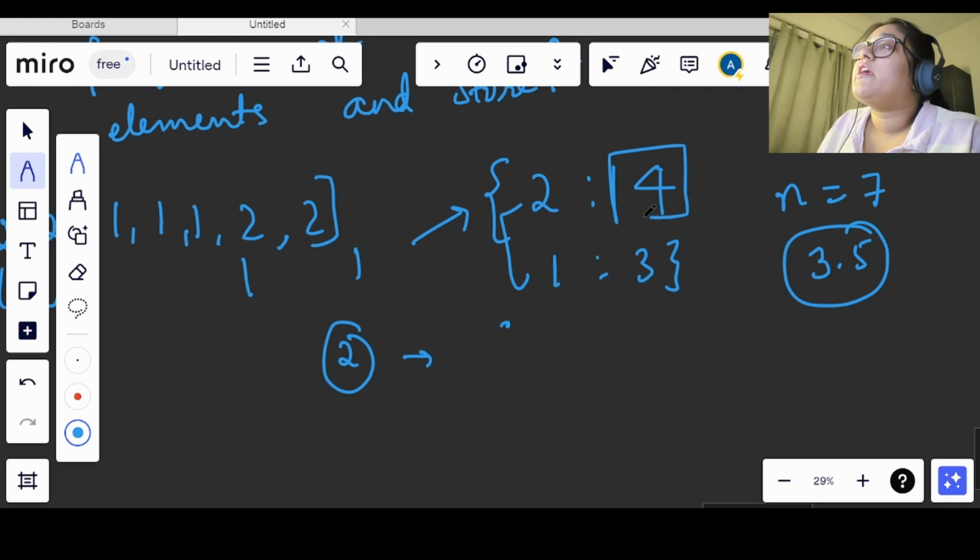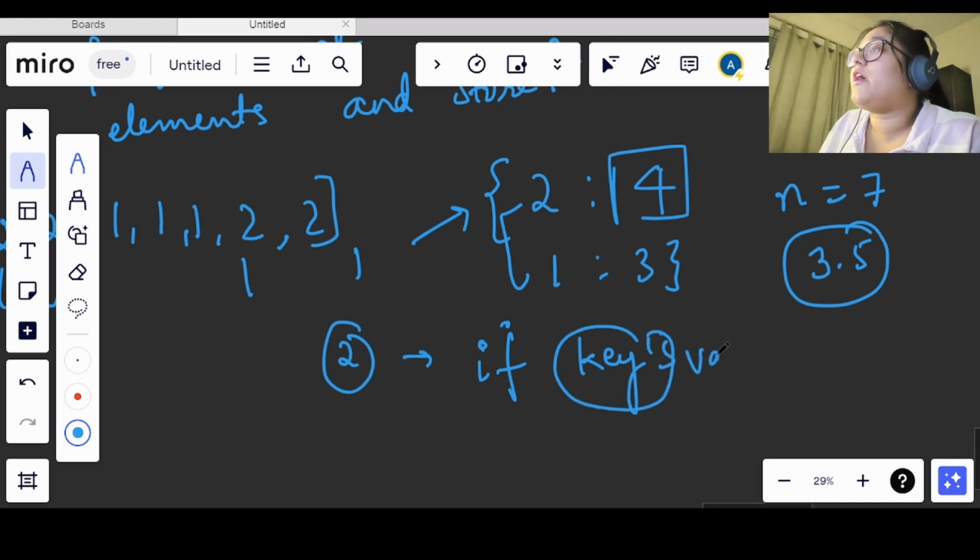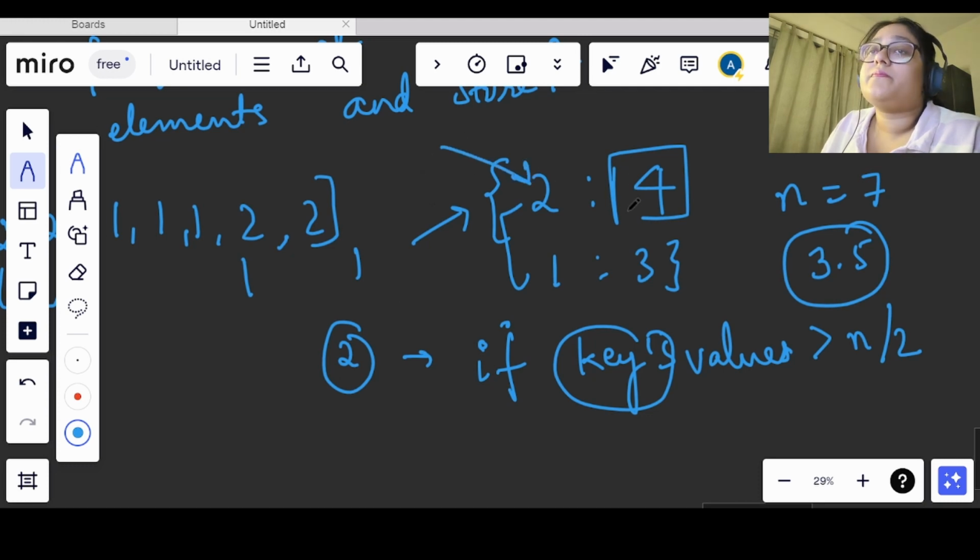We will check whether the key's value is greater than n by 2 or not. When we come to the key 2, we see that the value is greater than 3.5. So we have our candidate here, and the value that we will be returning is 2.